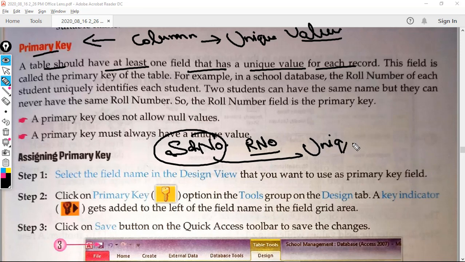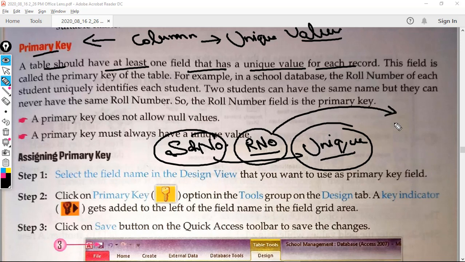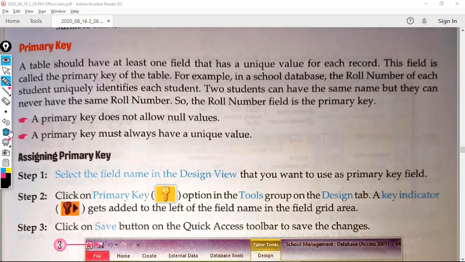This scholar number will be unique for each student of our school. Fine. The best thing is that if I am using a column where I am storing the scholar number, then this scholar number will be the unique field for our entire school. Whereas if I am talking about roll number, this will be unique for our particular class only. So when you are creating a class database, in that case you can use your roll number as a primary key field, because this is a unique field. In a class, two students cannot have a similar roll number.